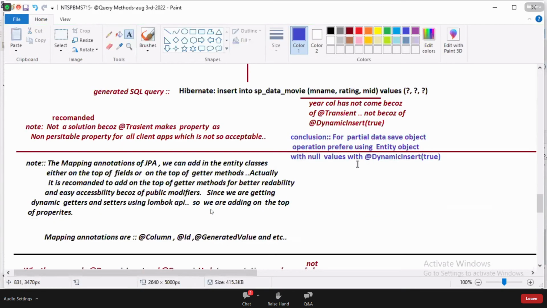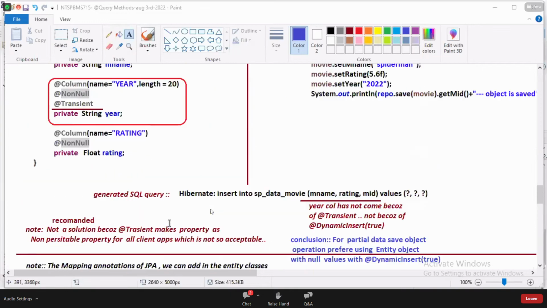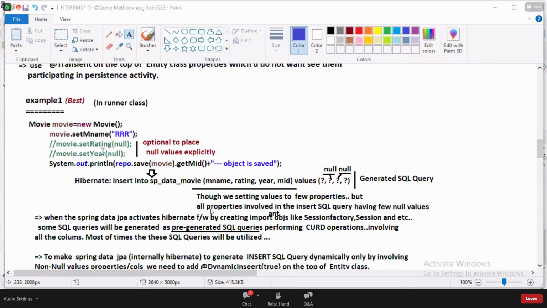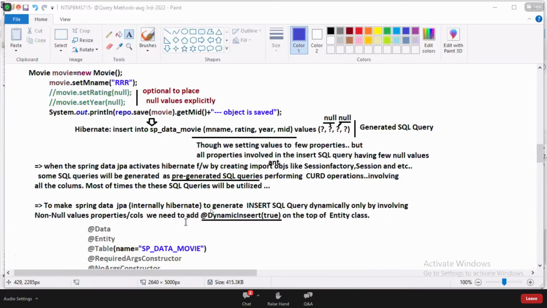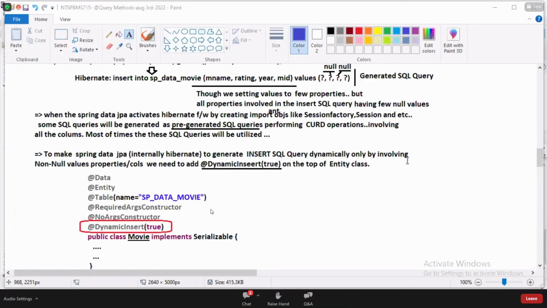Are you comfortable, guys? Okay, guys. How to show and hide column names dynamically whenever we require? Vijay Kumar, one option is transient. The other option is don't put the values to those properties and go for dynamic insert is equal to true.